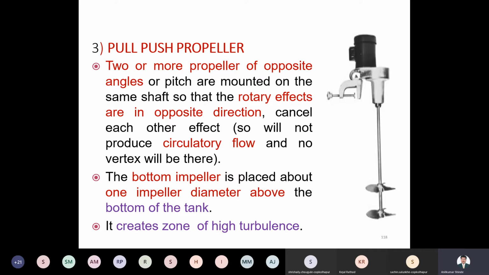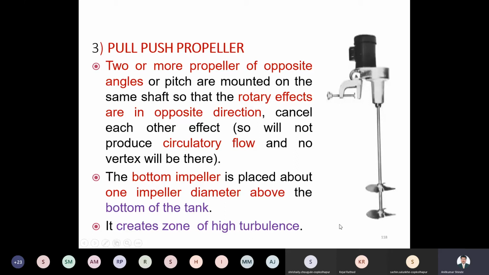flow pattern. The first propeller will have one flow pattern, and the lower propeller will have a different flow pattern, so that the material, because of the different patterns and different flow, can be mixed, and each and every particle will go through the process of mixing. So it's opposite direction. The two propellers are attached at two different angles, so you can create different flow directions, and all the liquid should flow as a circulatory flow, and mixing is possible. The bottom impeller is placed at one impeller diameter,